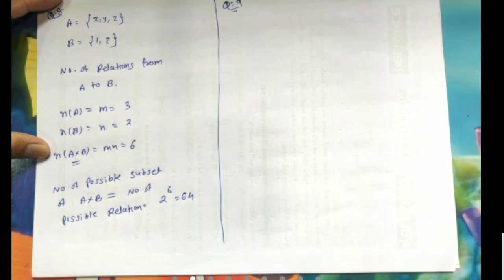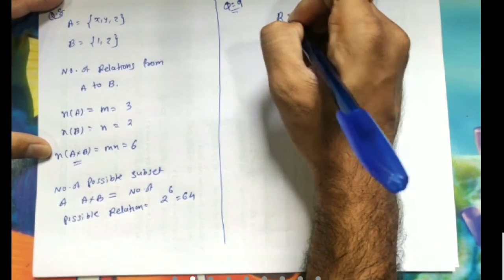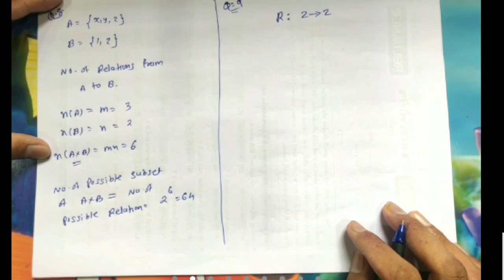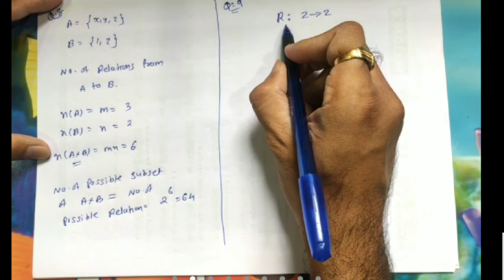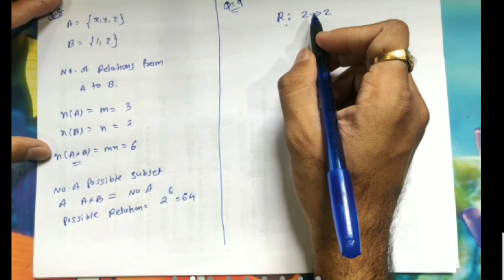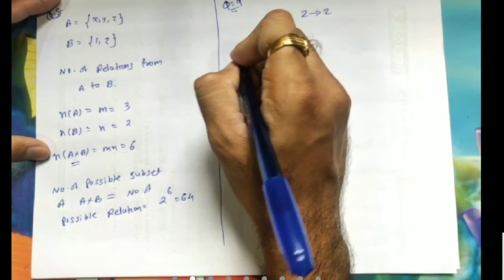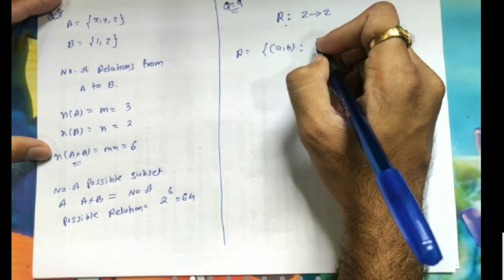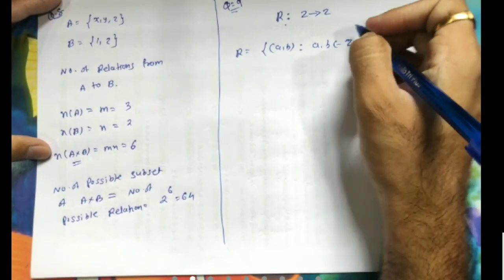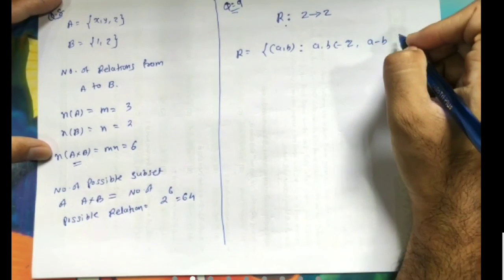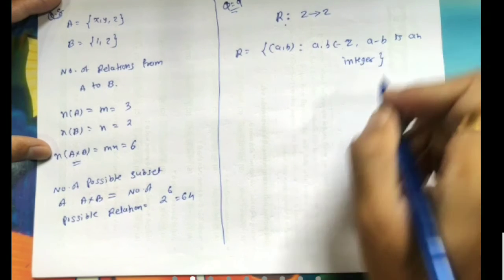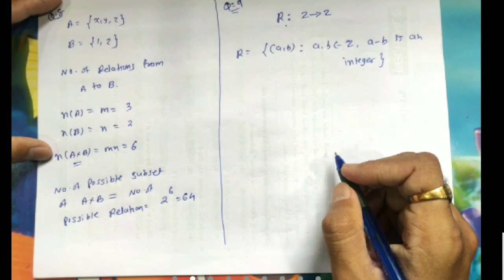54. Very good. Now let R be a relation on Z. Relation R on Z. Earlier we had relation R on set A, so it's a relation R from set A to A. So here relation R on Z means relation R from Z to Z. So this is relation R on Z defined as R equal to the ordered pairs (a, b) such that a, b belong to Z and a minus b is an integer. Find the domain and range.